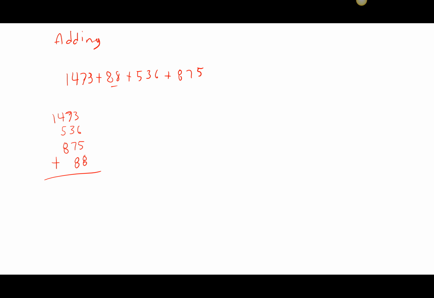So we add this up. We get, this is going to be 22, carry 2. This is going to be 27, carry 2. This is going to be 19, carry 1. And that's going to be 2. So it's going to be 2,972. And then just circle your answer. Now, anytime, just to kind of tell you, of course, there's not a lot of work to show here, but I do want you to show your work, okay? Make sure you